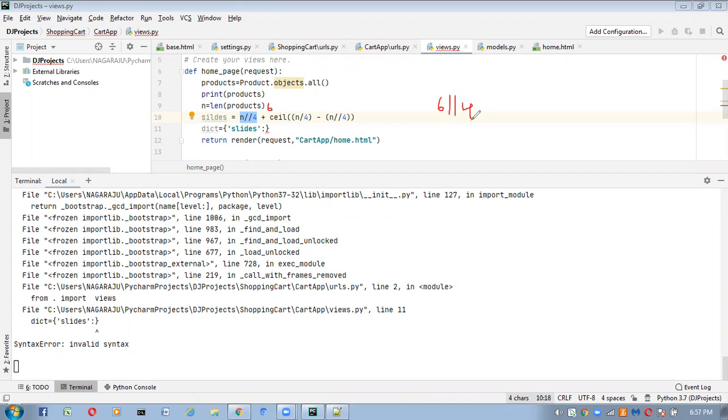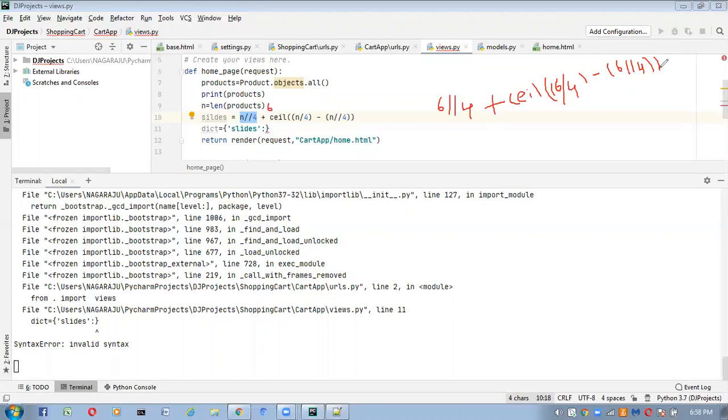Floor division means what will it return? An integer only. Here both are integer arguments, so the result you will get is also an integer only. So here, what will it return? 6 floor division 4, and plus ceil of 6 divisible by 4, minus 6 floor division 4.